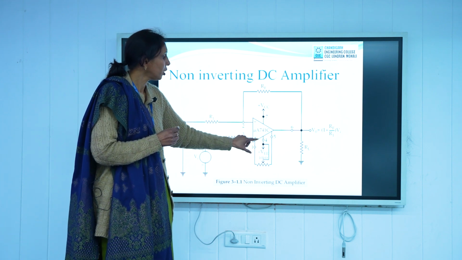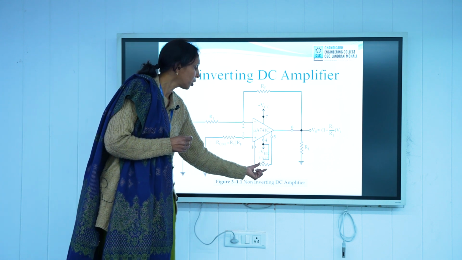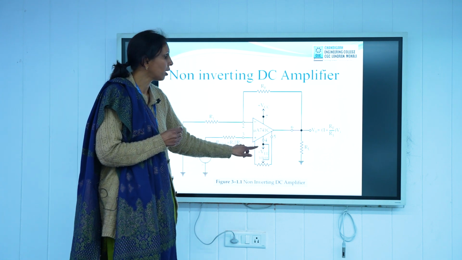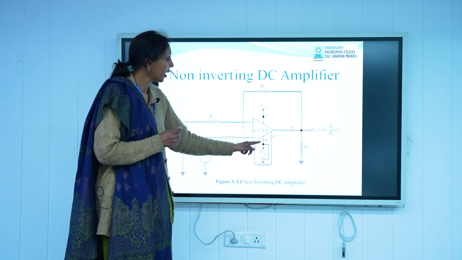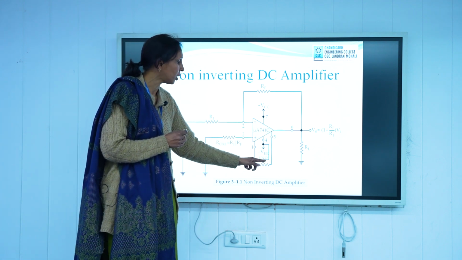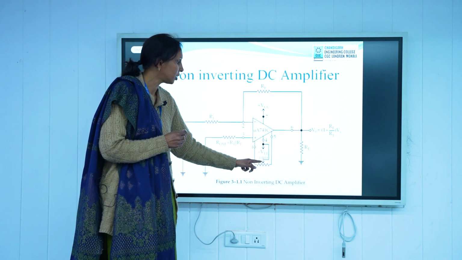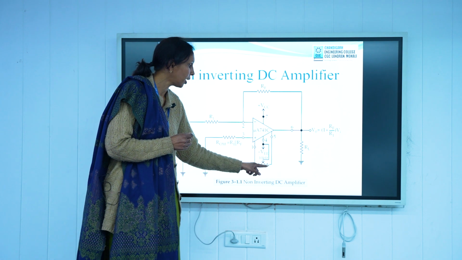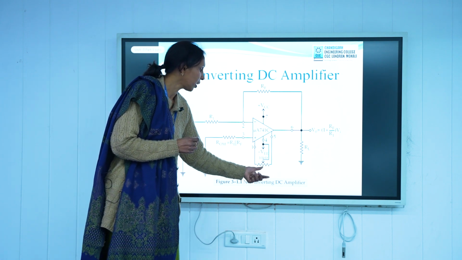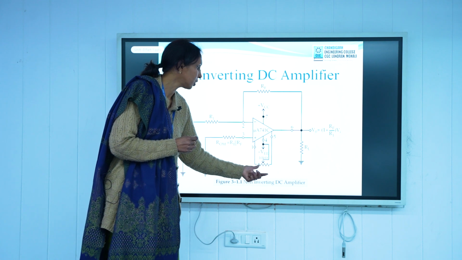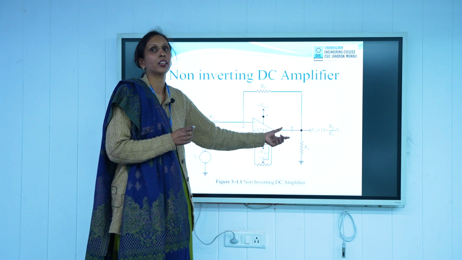In case of these saturated voltages, we connect a potentiometer between pin number 1 and 5. If we want to nullify the output, we have to keep the wiper of the potentiometer at the zero position, because we know that it has a total value of 10 kilo ohm, so it will be from 0 to 5, again minus 5 to 5. So here it is minus 5 to 0. When we keep this at the center position, it means we are nullifying the output.